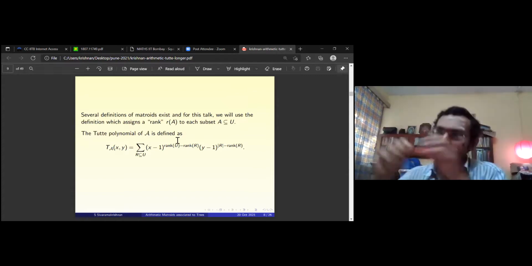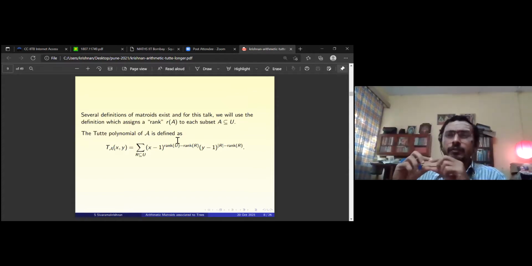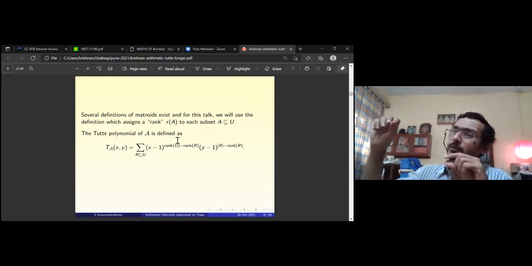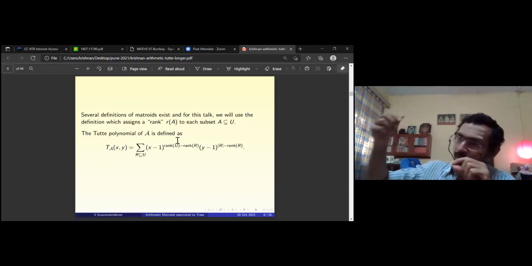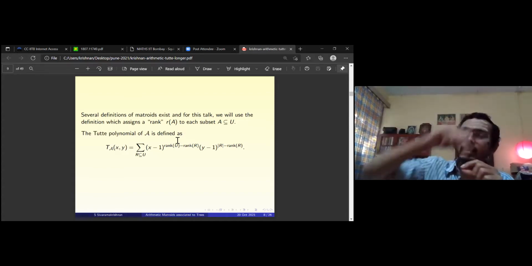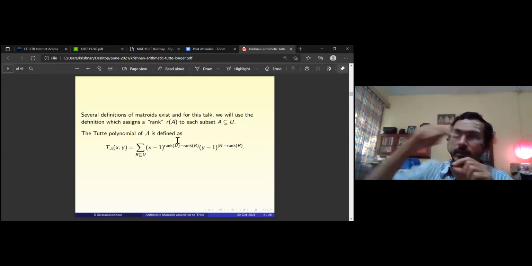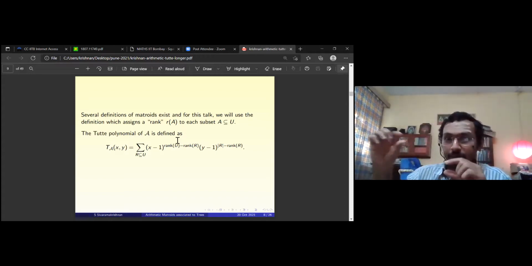That is the point. If you have something which is linearly independent, let's say some set T with K elements is linearly independent, and some other set with K plus 1 elements is linearly independent. Then I can add something to the first set and get another K plus 1 size set which is also linearly independent. That's clear, no? This is an axiom which we teach in linear algebra.